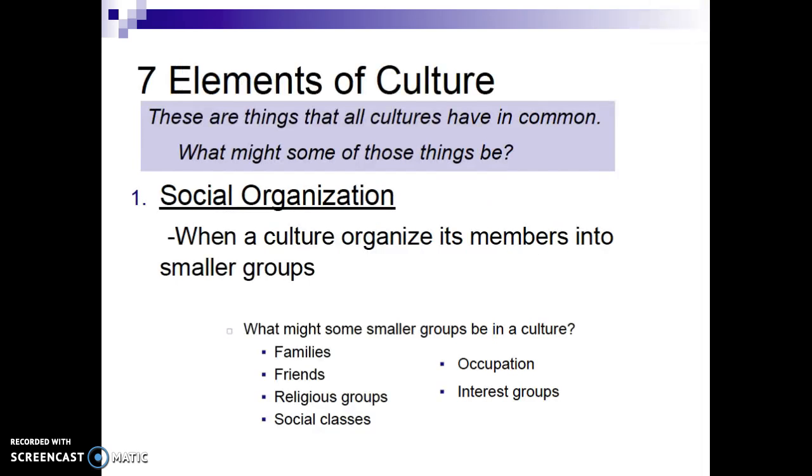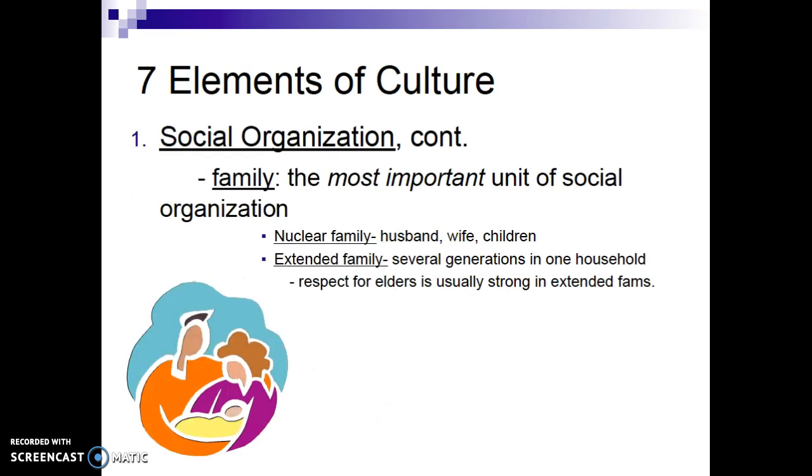Social organization is when cultures organize themselves into smaller groups. Think about different groups in your different cultures. There would be your families, friends, religious groups, social classes, occupation, and interest groups. The most important unit of social organization is family. There are 2 different types of family. The nuclear family, which is a husband, wife, and children, and the extended family is all the different generations that